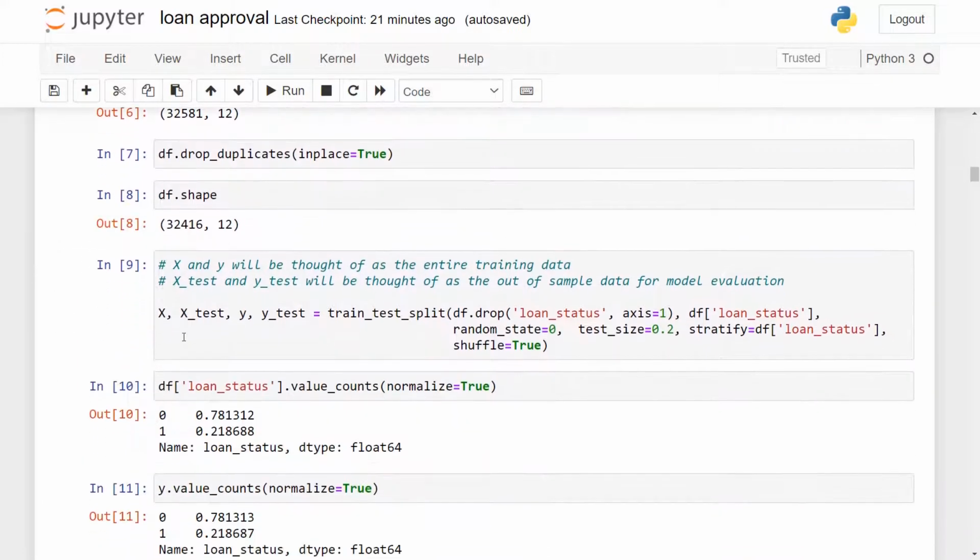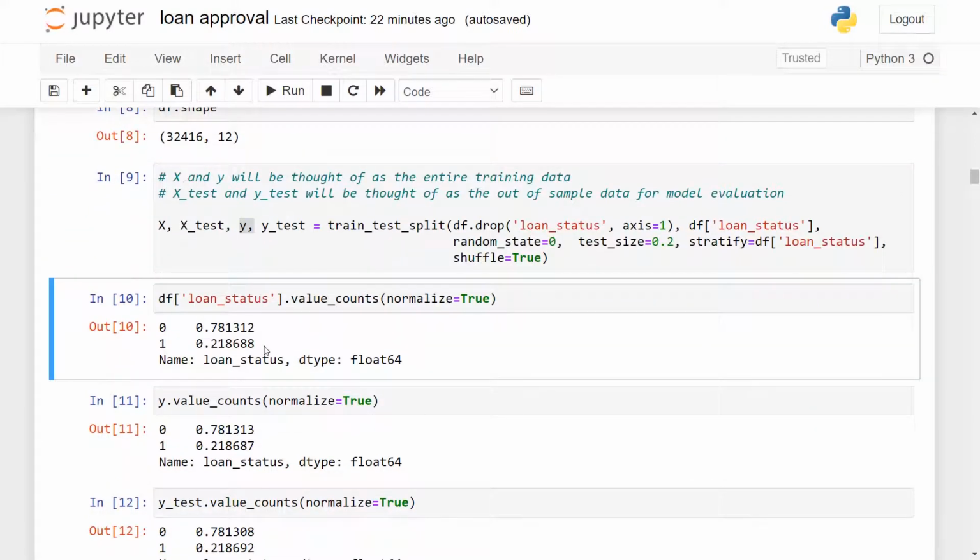Now we will segregate the data into training data and testing data. We'll be using this X test and Y test only at the very end to check our model, and we'll be doing all the data analysis and the transformations on the X and Y. So this X and Y are my training data. Originally in the entire dataset, we have 78% of the records as zeros and 22% as ones.